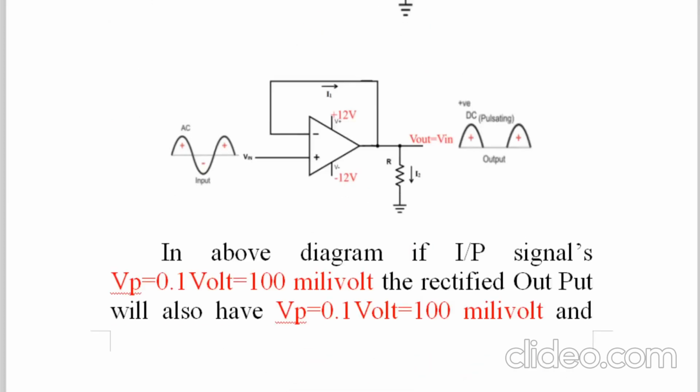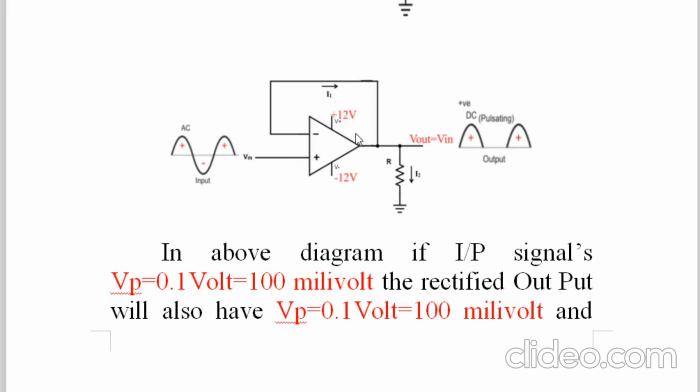Now the circuit diagram is shown somewhat like that. Unity gain amplifier. Here the output is directly connected to the inverting terminal, and the non-inverting terminal is used to apply the input. Whatever the input, that will come to the output. But in this unity gain amplifier the diode is not shown, so students get confused. Therefore we don't use this. Here if input is 100 millivolt, output is 100 millivolt. If input is 10 millivolt, output is 10 millivolt, no doubt.